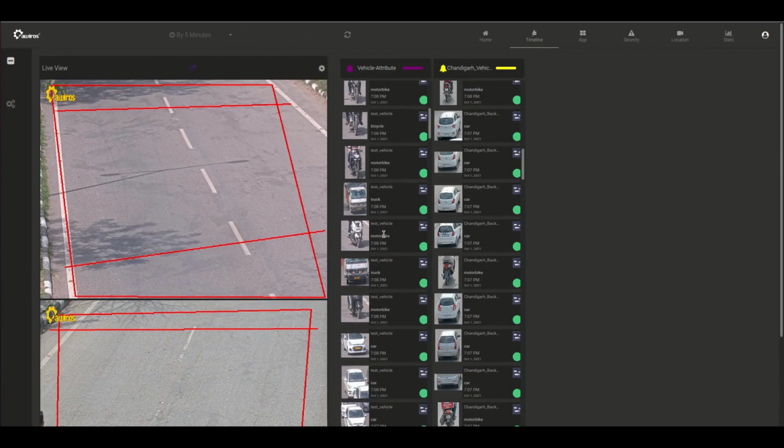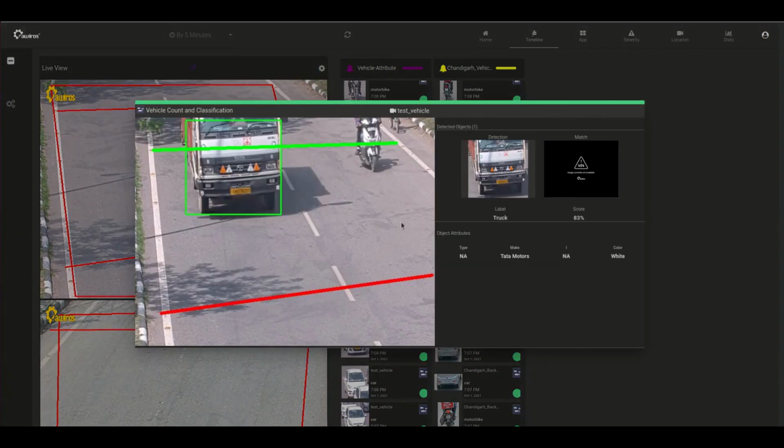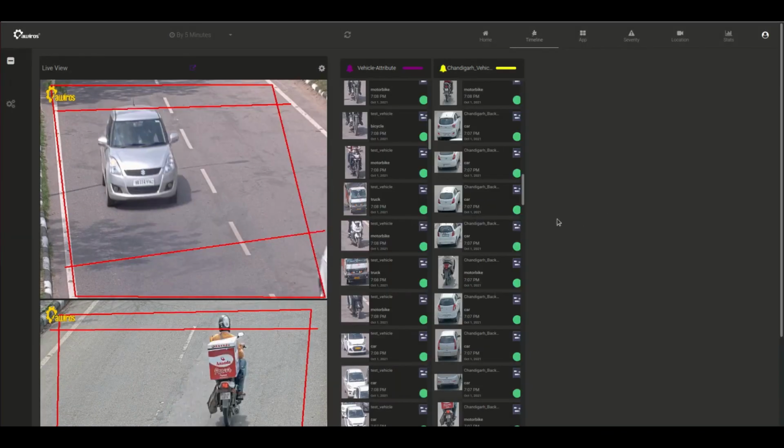Another interesting alert which I want to show is that it was able to identify this truck as well, and the company of the truck, which is Tata Motors. Again, these kinds of trucks are very particular to Indian roads, right? You won't see these kinds of vehicles in America. Hence, models which are trained on those datasets or for those environments won't perform well on our roads.